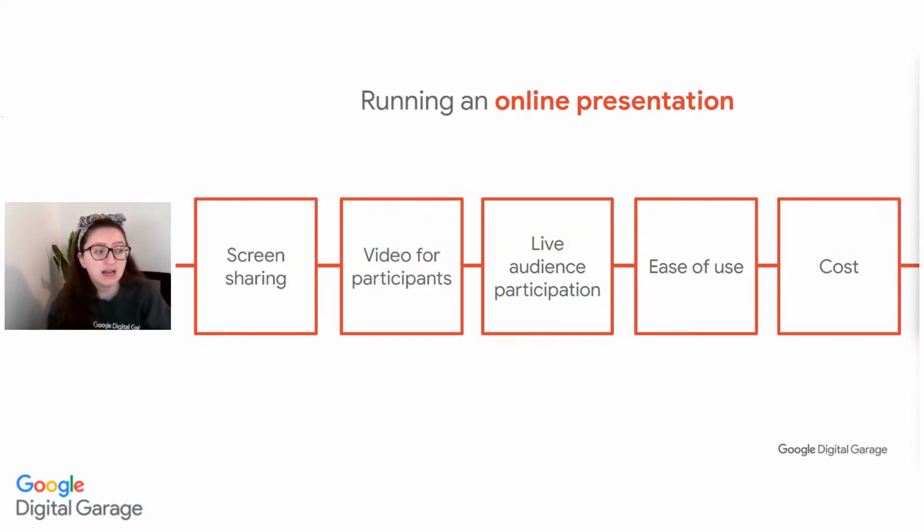How are you going to have that live audience participation? So today we've had our chat. We've been able to engage with each other in that chat and answer questions, have a conversation. Ease of use. How easy is it for people to use that tool that you've decided to use? And again, what's the cost?